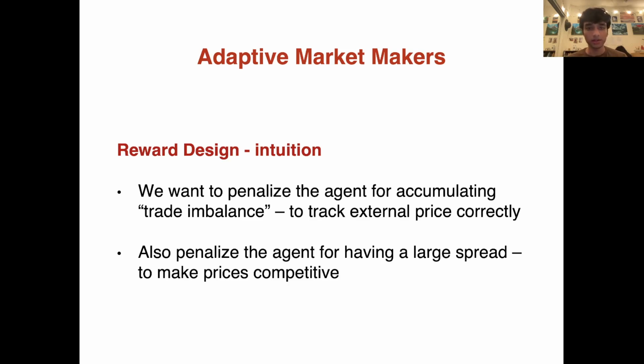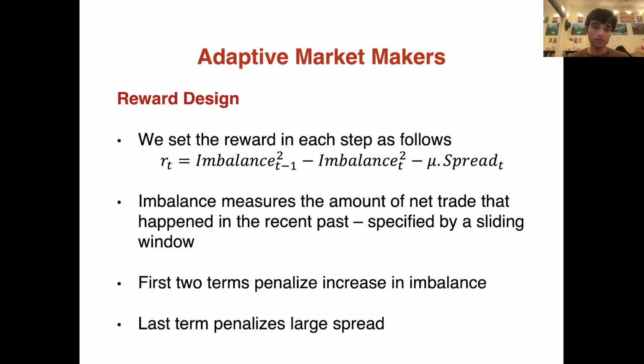Also, because we want the market maker to remain competitive, we would like to penalize the agent for having a large spread. This makes the ask and bid prices closer to each other and thus more competitive. So we set the reward in each step as follows. The first 2 terms basically penalize the increase in imbalance. This encourages the agent to keep imbalance as close to 0 as possible, while the third term penalizes a large